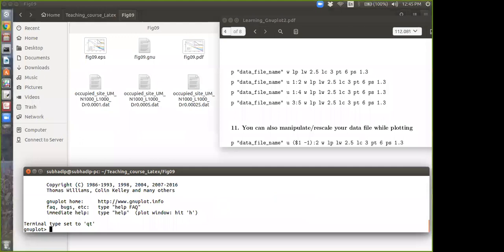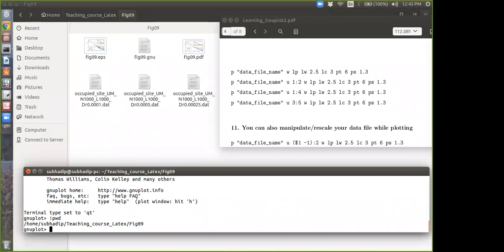So check it using the command pwd and enter. For Linux, it is exclamation pwd. It will show you the folder path. Now I have the data file in that path, so I am going to plot this. Plot test.dat. If you don't put anything, you have 3 columns. It will automatically take the first column as X and the second column as Y. Okay, so with linespoints, point type 6. I want circle.